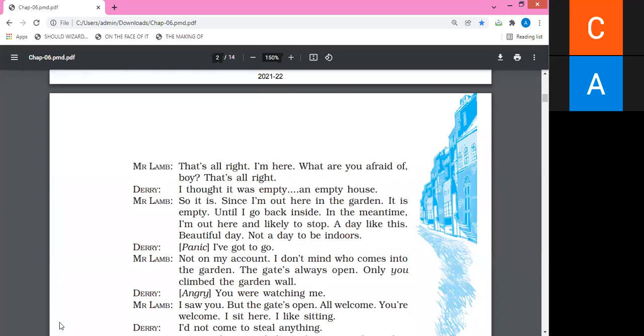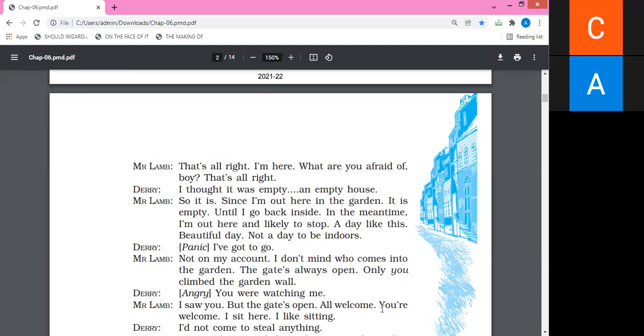Mr. Lamb was just looking at things in a very serious order. He was saying that he had seen him. You here means you have to look at Daddy. I is Mr. Lamb. Again, he was adding to his dialogue by speaking like that. The gate used to remain open, always open. And all are heartily welcome here. I think it is very clear up to this particular point. There is no doubt in that.